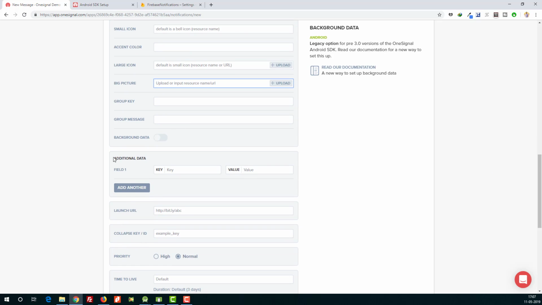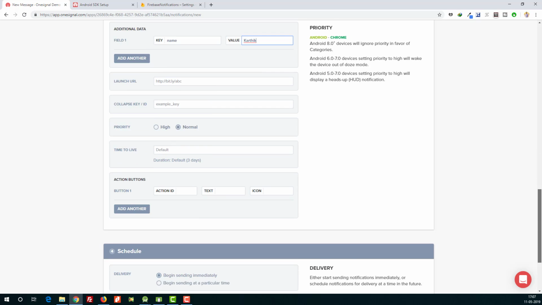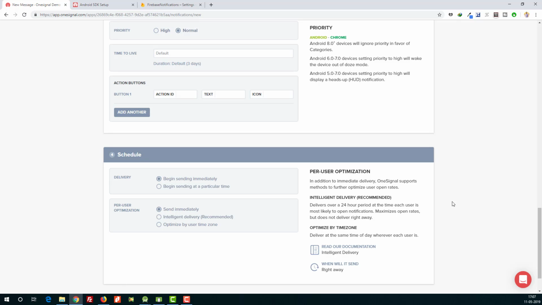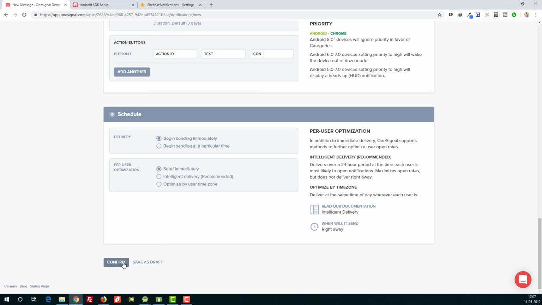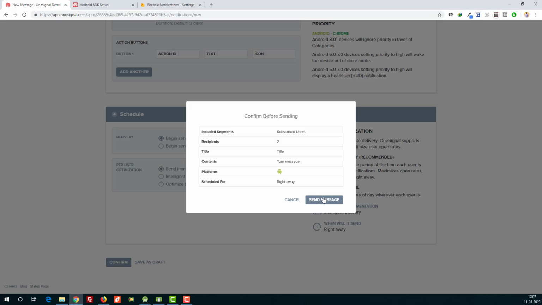Another thing is you can send additional data. Suppose you can send a name, Karthik, and confirm, then click on send.